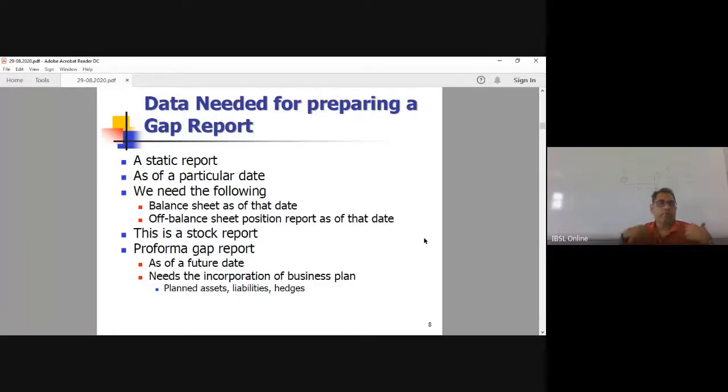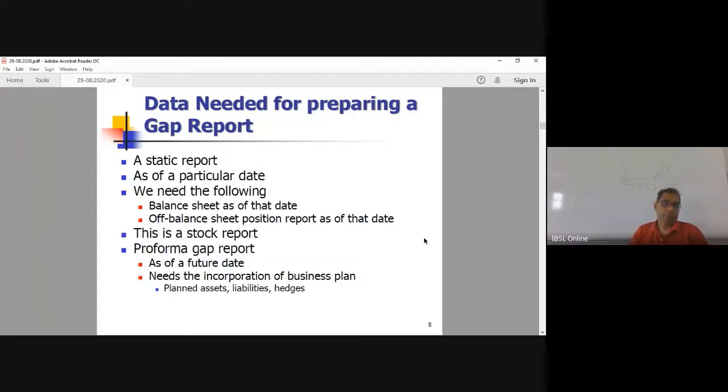This is giving you an understanding of how your cash flows and your assets and liability mix will look as at a future date or future dates, right? And we need to look at this gap report so that it can be incorporated into your business plans, your future allocations into your assets, your future liability strategies, and any future hedges that you're going to